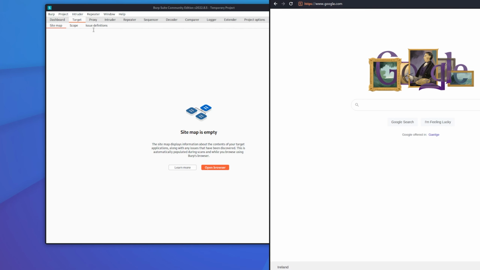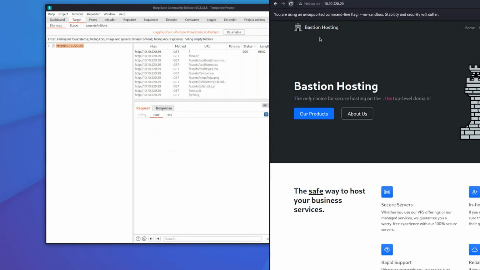So if I go back to the website and I refresh, remember that you have to refresh, because once you delete it or you drop the requests, you will have to go back and forth between refreshing the website so that Burpsuite recognizes, okay, he wants to load it again. So